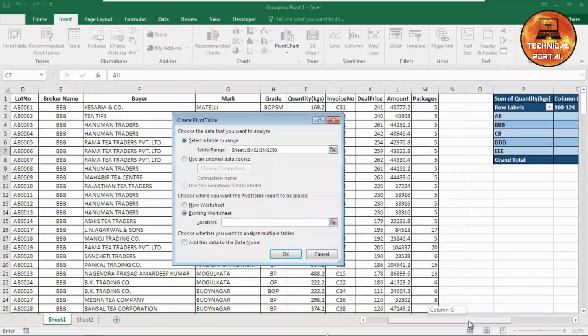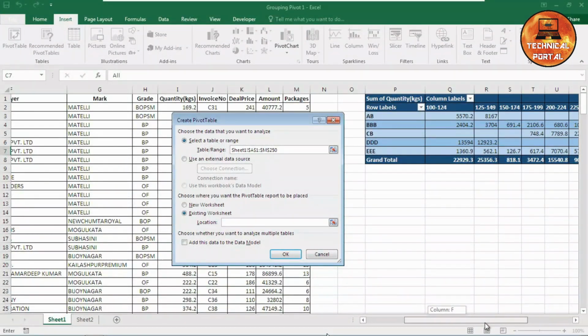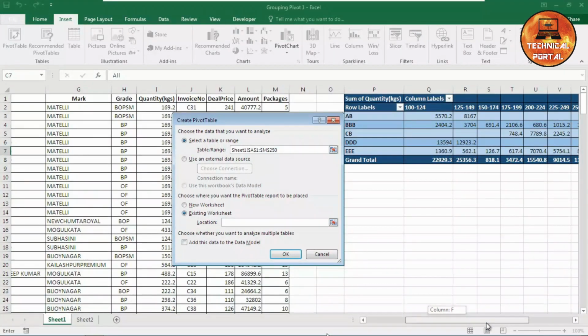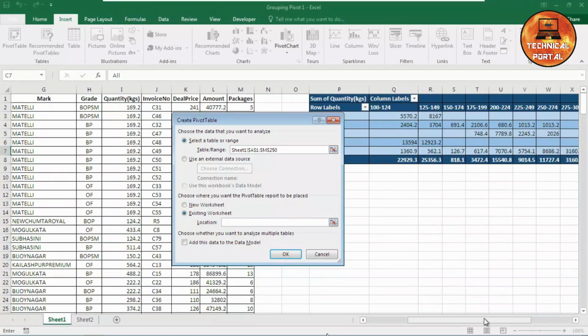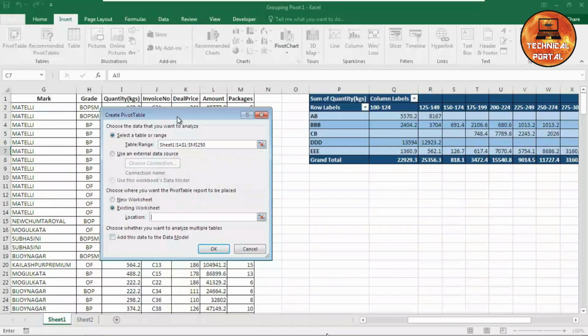If you haven't watched my pivot table basic tutorials, I will highly recommend you to watch that video at first so that you can understand this correctly. I will give you the link into the I button here, and you can find the link into the description box also. Now I want to create this pivot table here into this location, then click on OK.